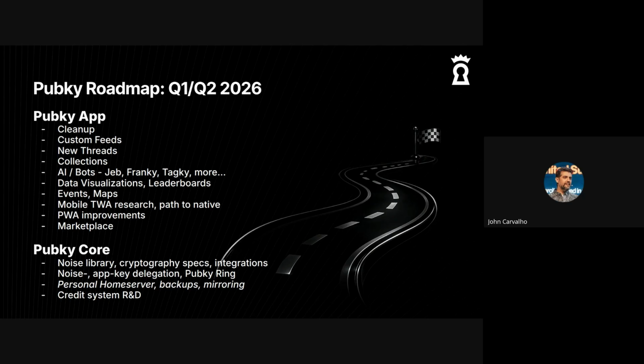So that research has been going on for a while and is at the tail end as far as the Noise development. So that should be getting into our apps and integrating soon, and that will be a major theme of the next few months. As Francis already showed, having a personal home server is a big priority,